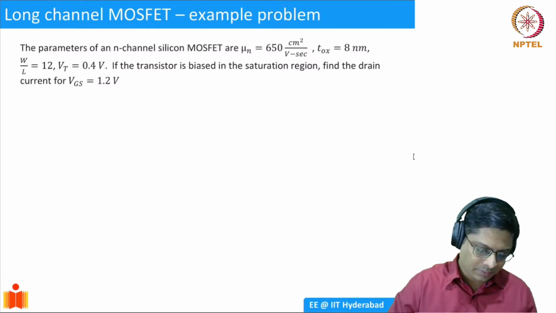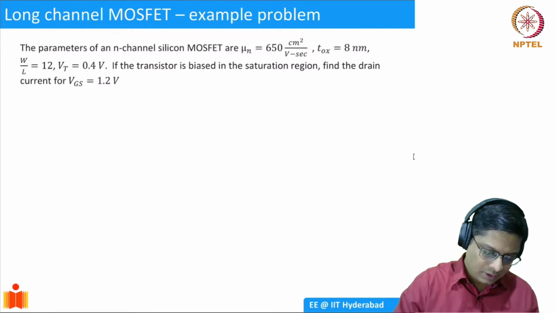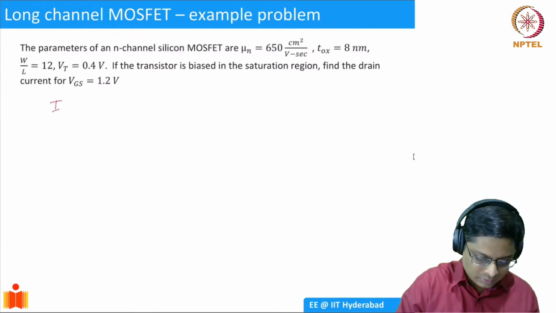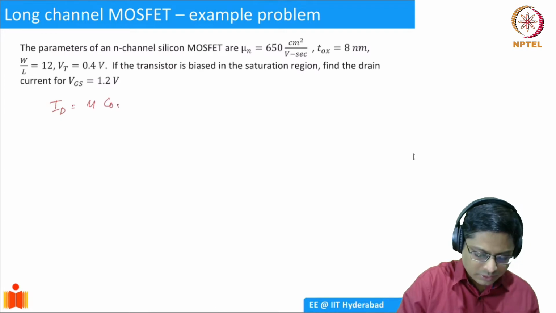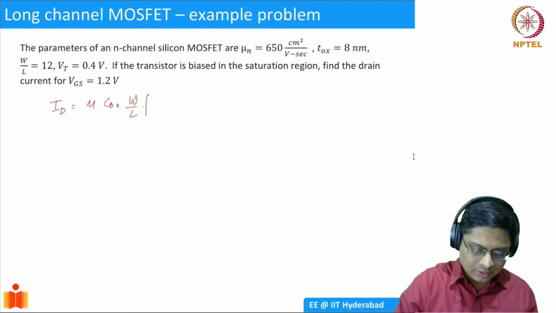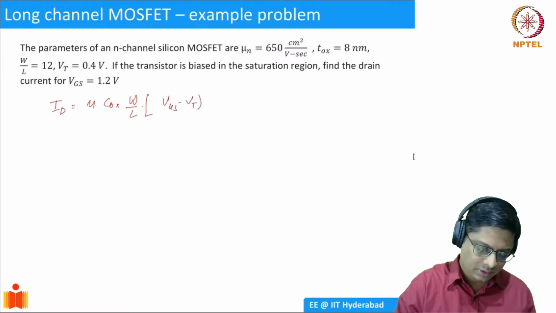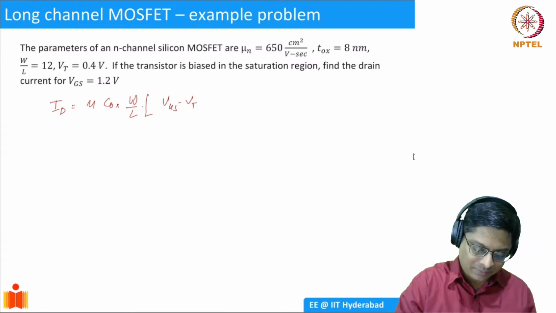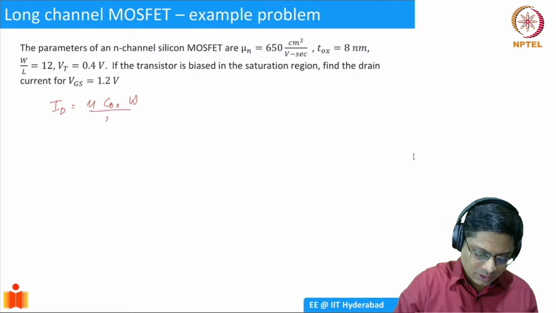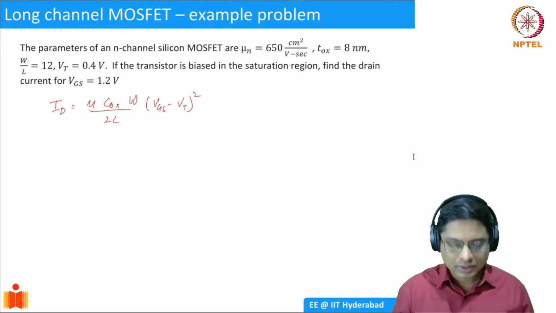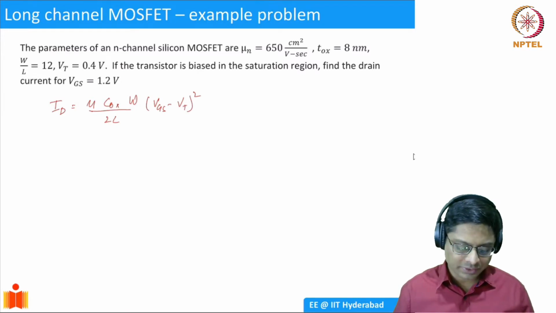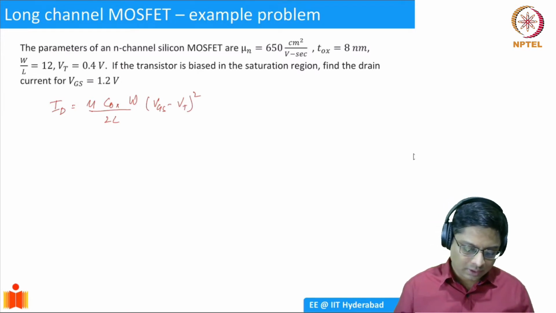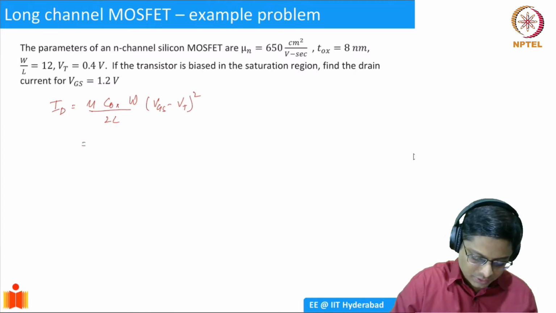So let's try to solve this problem. What is the drain current? We said drain current was mu Cox W by L, VGS minus VT. Well, it's in the saturation regime, so let's make our life simpler. Let's take this to be 2L and VGS minus VT whole square. Remember, whenever it's in saturation, we derive this expression. So this will be simply plug and chug, 650